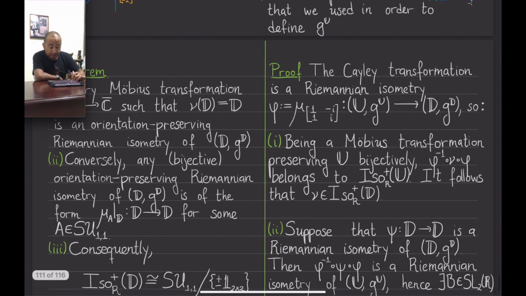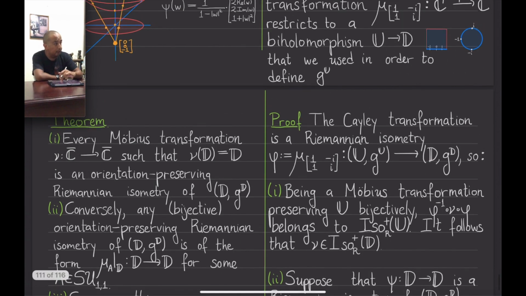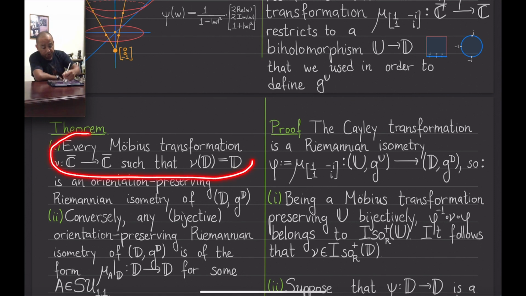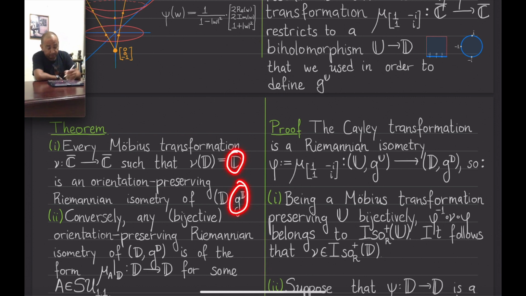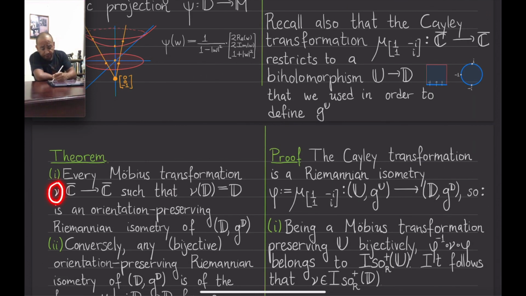So now let's show some analogs of theorems we proved for the upper half plane and for the hyperboloid. So let's start by showing that every Mobius transformation which preserves D is actually an orientation preserving isometry of the Poincaré Disc, right? That is, of the unit disk with this Riemannian metric. Which, by the way, we know which matrices give us such Mobius transformations, right? Namely, the matrices in SU(1,1), for which we gave a very explicit description. It's the set of all matrices of the form (alpha, beta; beta conjugate, alpha conjugate) with determinant equal to